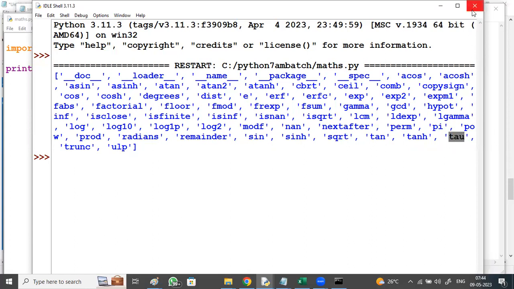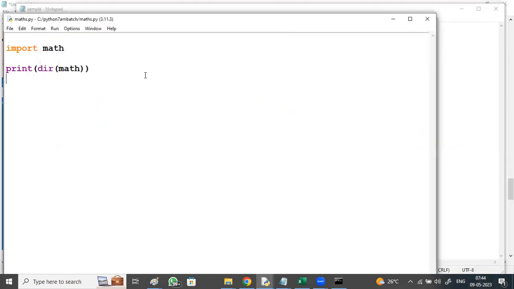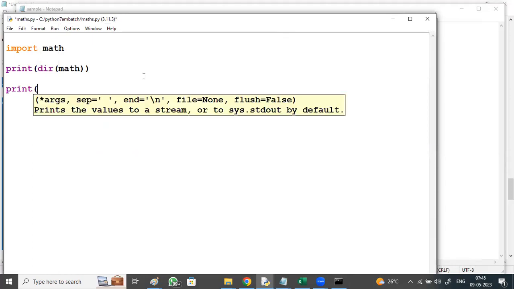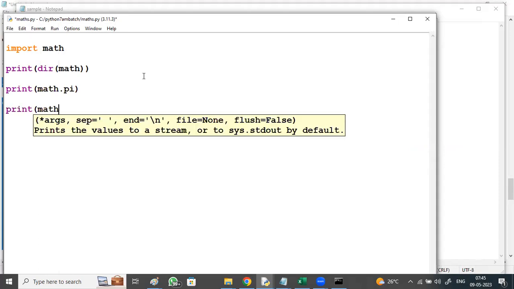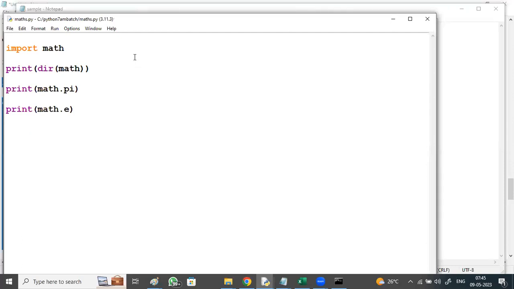If you want to print any variable value within the math module, print the value of pi. Print within the math module, I want to print the value of e: math dot pi, math dot e. Run module.